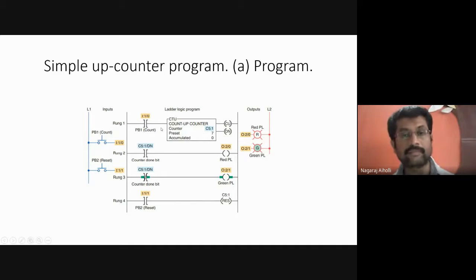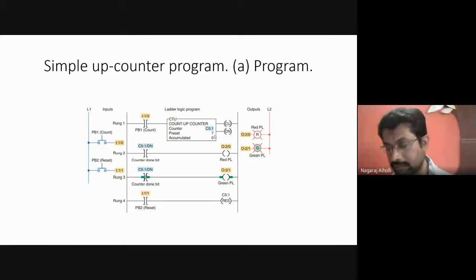The rung will become true. Once the rung becomes true, CTU, that is the up counter, will start to count. It's a block type of instruction, not the coil format type of instruction. Then it will start to count. It goes from accumulated value 0 up till the preset value 7. As it reaches the maximum value,